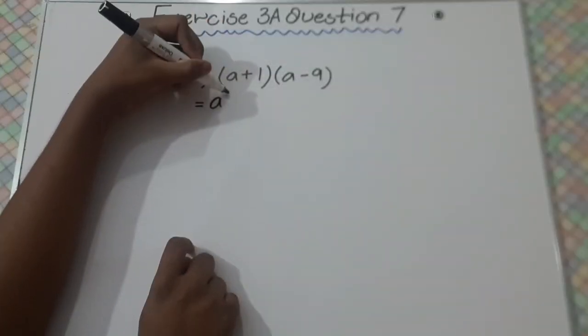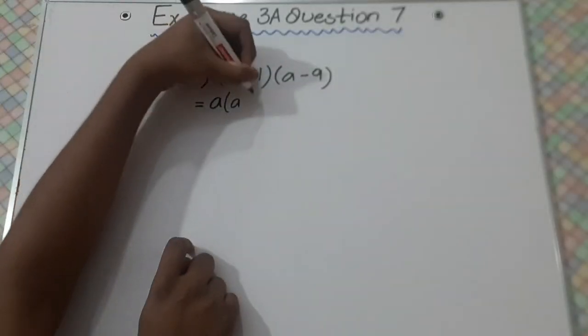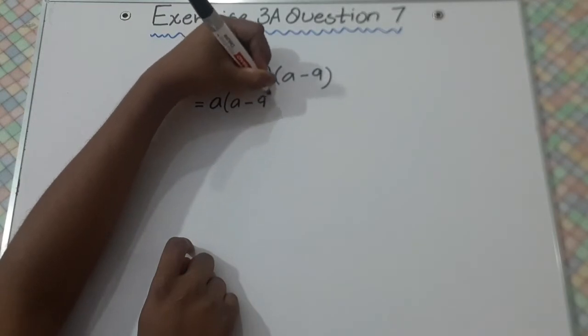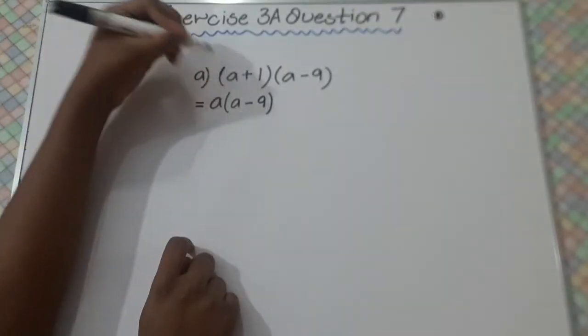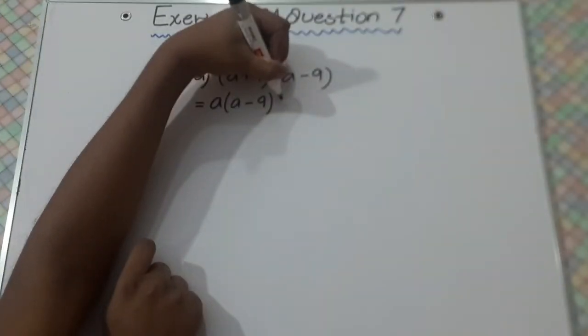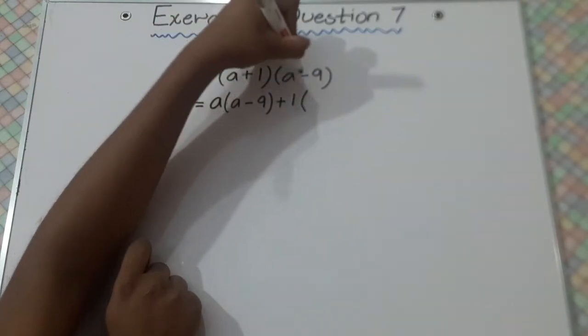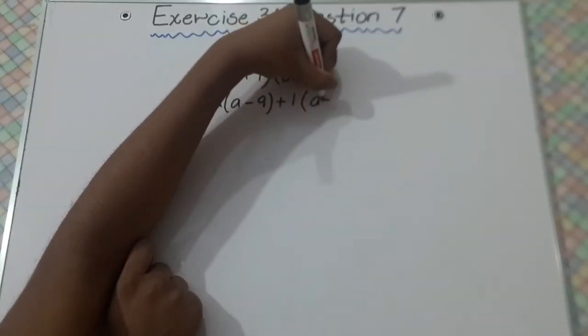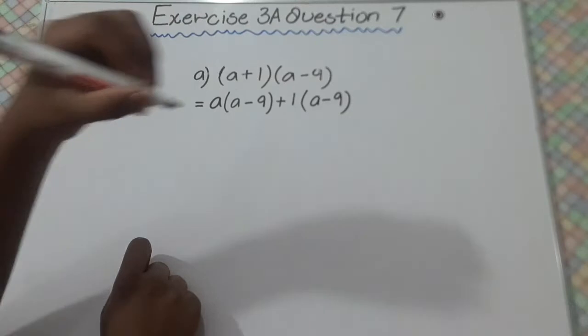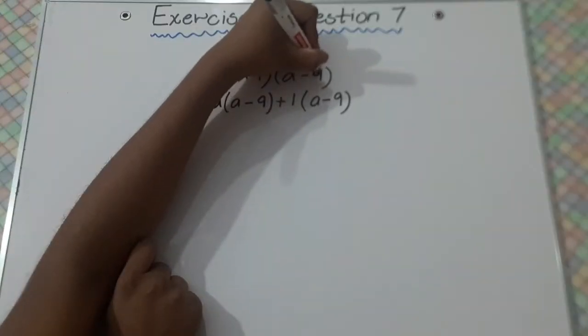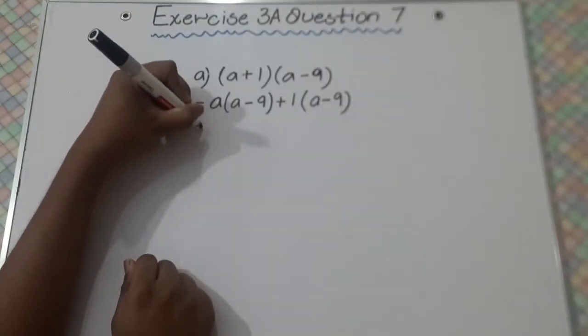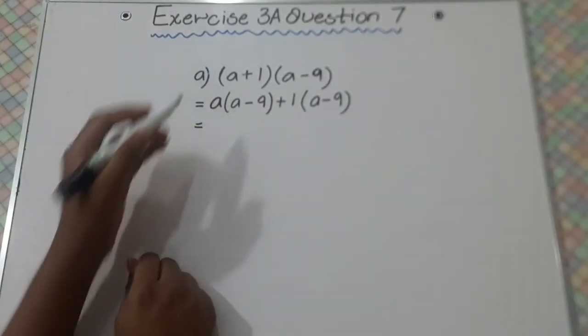and this bracket a minus 9. Then we are going to write 1 plus 1 and the same bracket a minus 9. We have expanded half of our question. Now we are going to expand the rest of the part of this question. So now we are going to do the same way as we have done in the